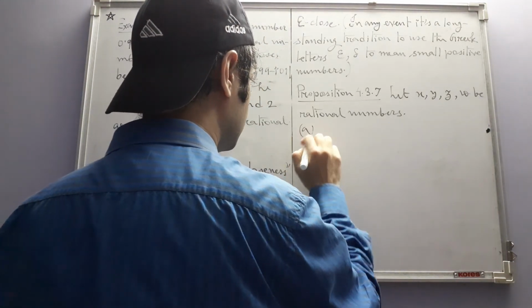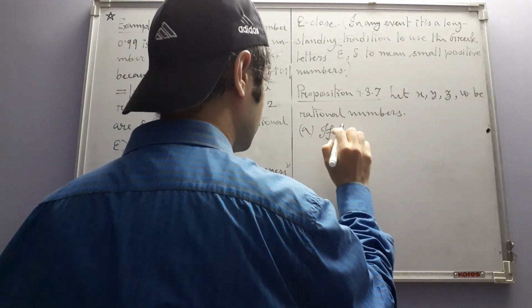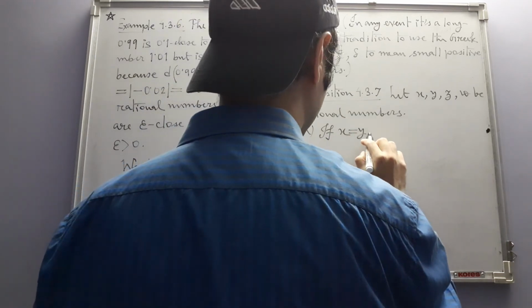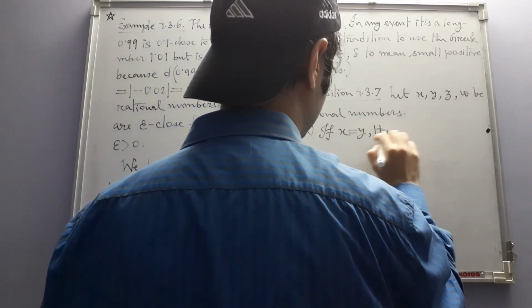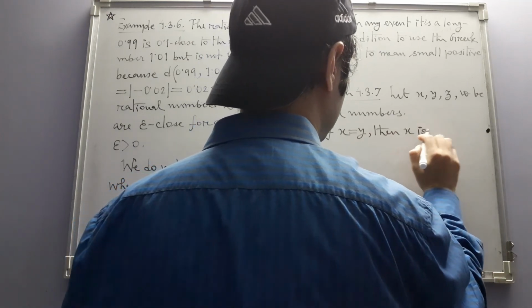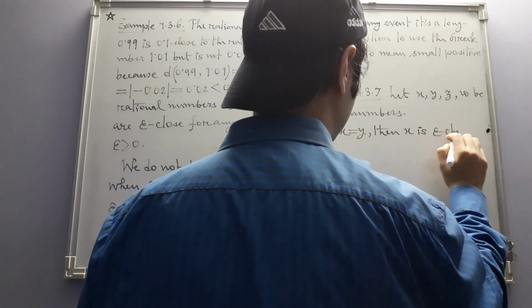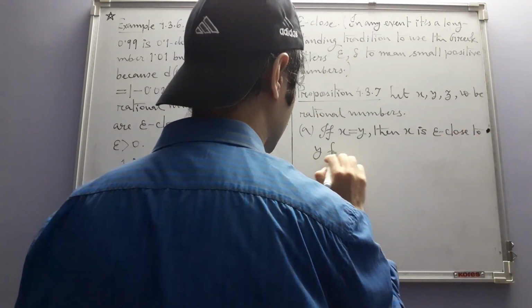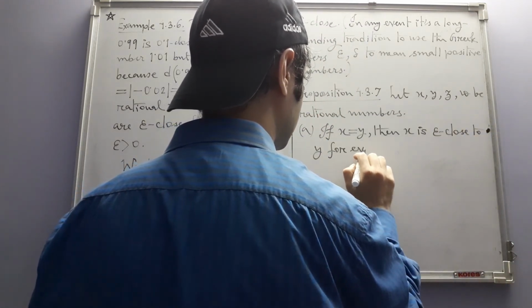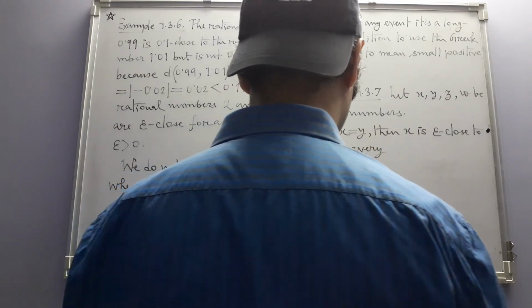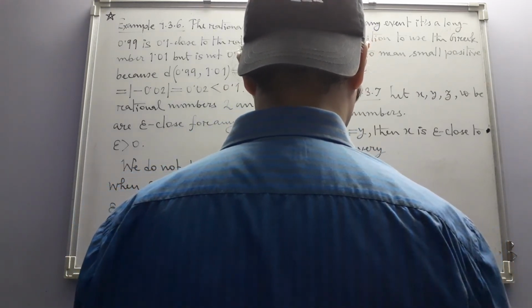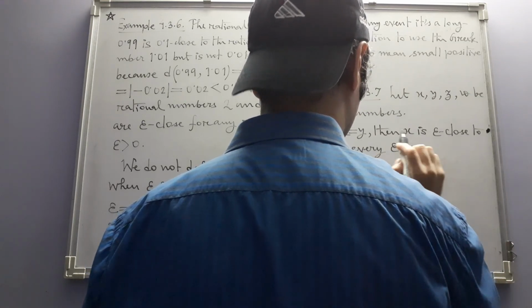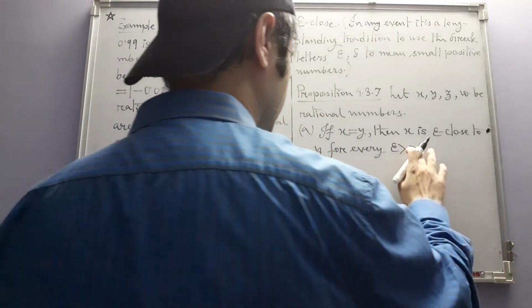Part A. If x is equal to y, then x is epsilon close to y for every epsilon greater than 0. Conversely,